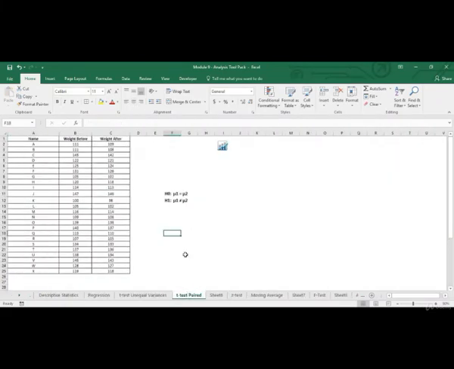Now t-test is used to test the null hypothesis that the means of the two populations are same. This test is used when the number of observations in our samples is usually less than 30. For greater than 30, we usually prefer the z-test, which we've just discussed.